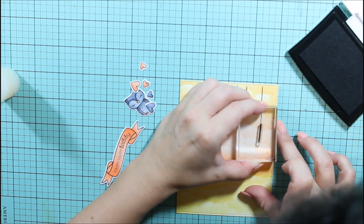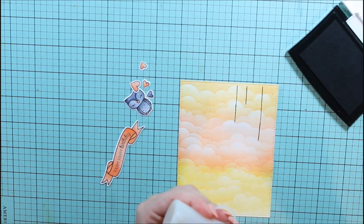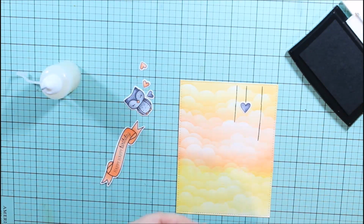I want to stamp them at differing lengths to kind of hang those hearts from the corner. And I noticed I went crooked because I was too afraid to get my head in the camera initially. So that first line got a little crooked, but I'm just using some